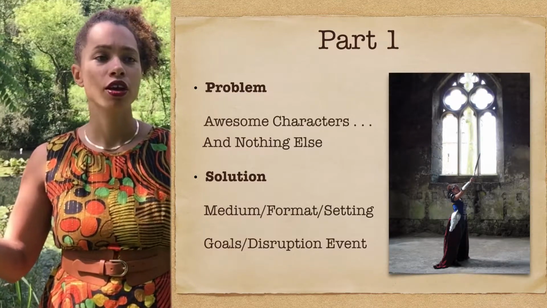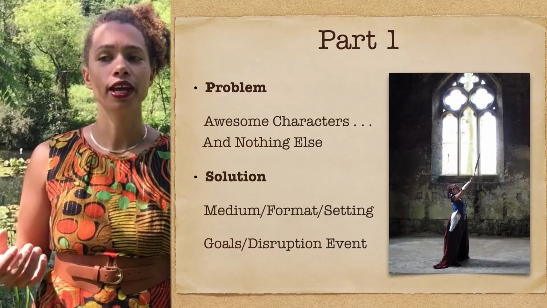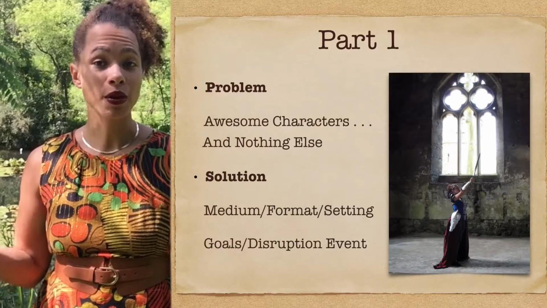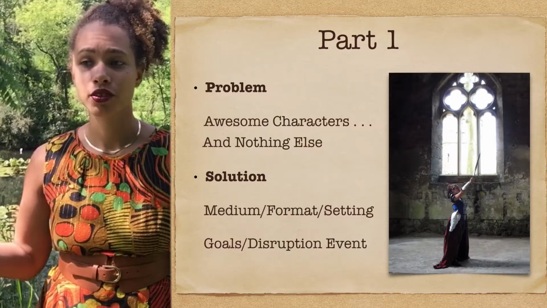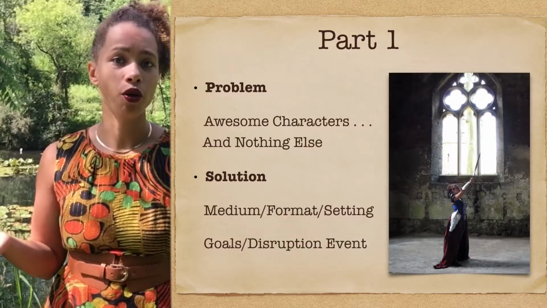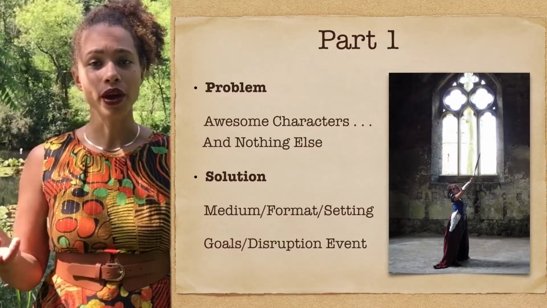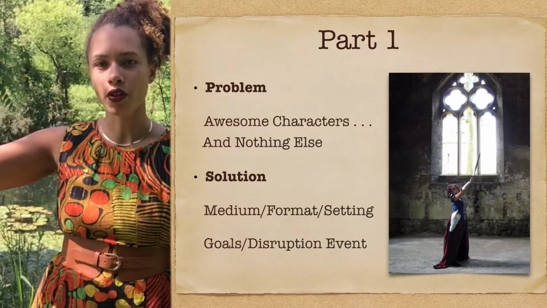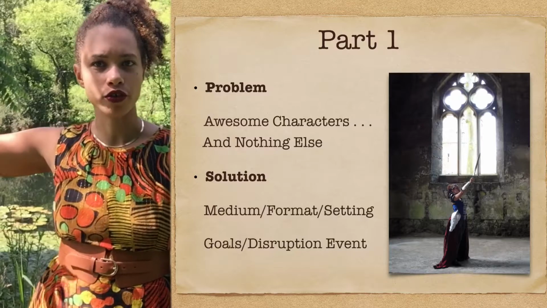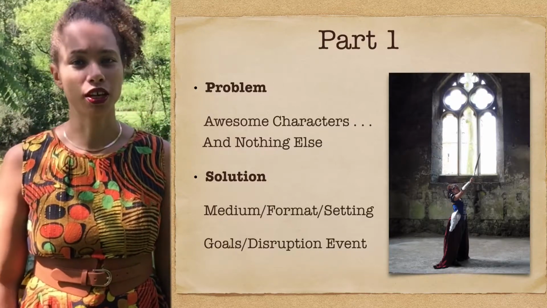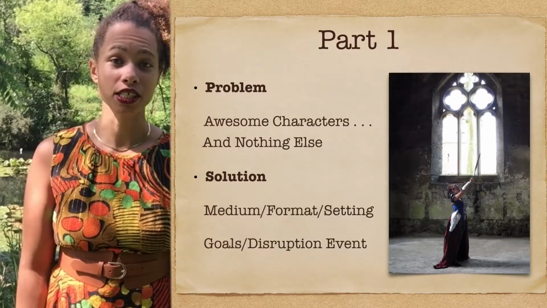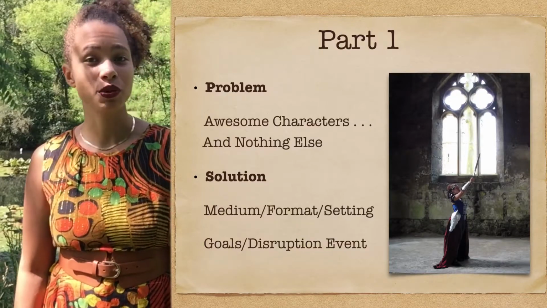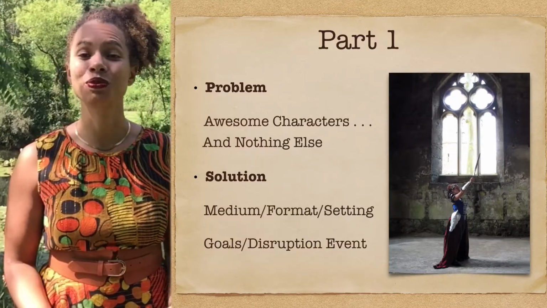So if you're daunted by the process of writing a 100,000 word epic novel, don't do that. Write a 20K novella or a 5K short story. That way you can explore your characters without the burden of having to take them on these overarching journeys over and over and over again and get stuck because you just ran out of ideas. Make it short first, and then experiment from there as your experience grows.